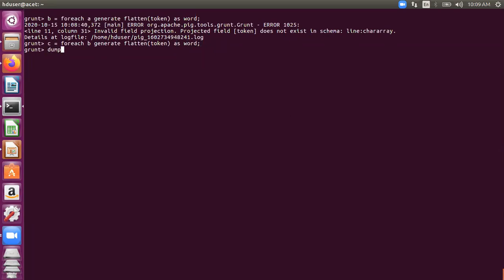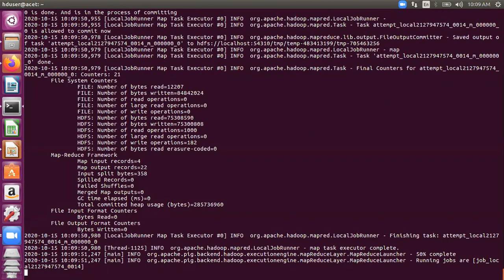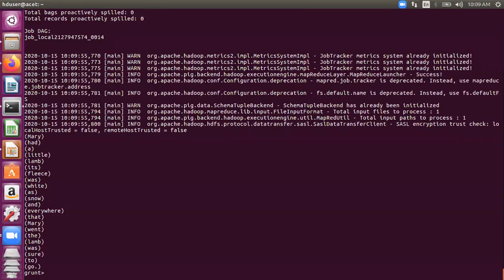What would be the resultant now, Shaurya? If we dump C, so it will rearrange the words. No, in the bag form we had in the previous tokenize. Okay, I'll dump B for you first, Shaurya. Somebody is raising hands. Okay, Vasu Malik wants to answer. Vasu, sir, it would display one word in one line. Perfect, Vasu. It will flatten the bag. It will open the bag, and every word will come in its own line. Can all of you see on screen?